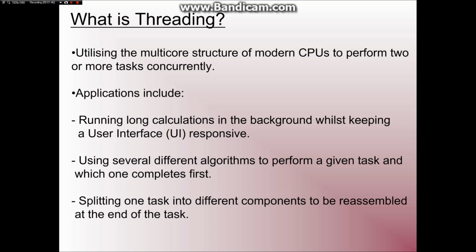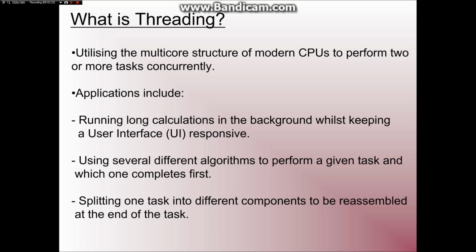So you want to be able to move windows, resize them, maybe save, or various other tasks that you might run in your program. Also, for a given task, you might want to try different algorithms to see what is the most suitable for a given job that you're trying to complete. And whichever one completes first, that's the answer that you use. So you might want to use multiple cores to run each of the different algorithms separately, and then see whoever gets there first, and then just abort the rest of the